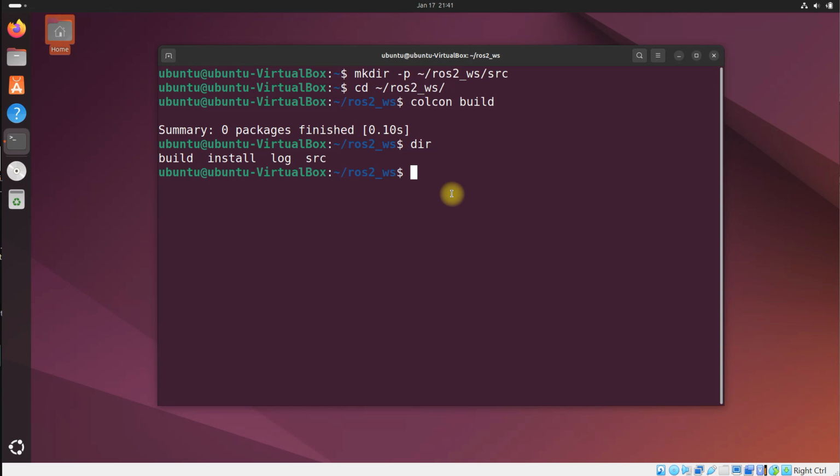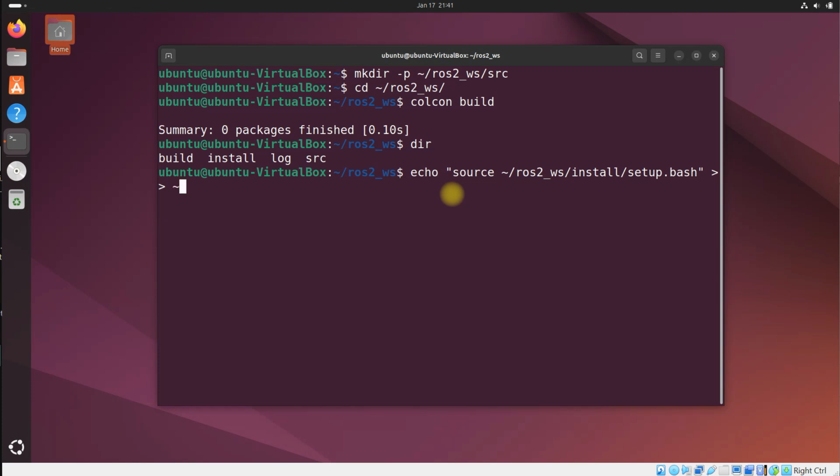I am going to type now echo, ECHO, space, the double quote here, and then source, SOURCE, space, the tilde symbol, /, and then ROS2_WS, /install, /setup.bash, BASH. All right. Now we need to do the 2 little triangles here,